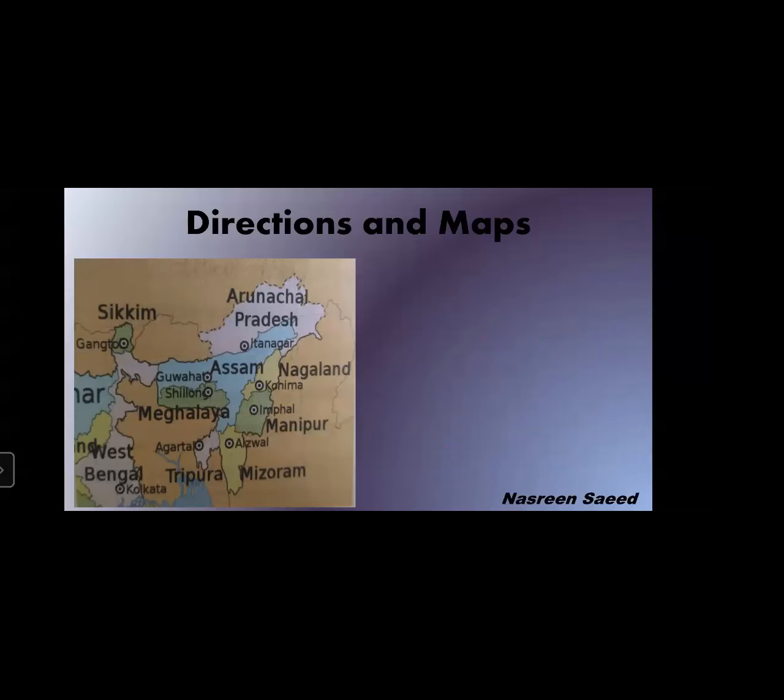Okay. The next is name the state which is to the northeast of Mizoram using the compass rose. It is West Bengal. See here. If we keep the compass rose, it is West Bengal. This pink color, West Bengal, is passing Meghalaya and joining Guwahati and Shillong on the side. So, it is West Bengal.